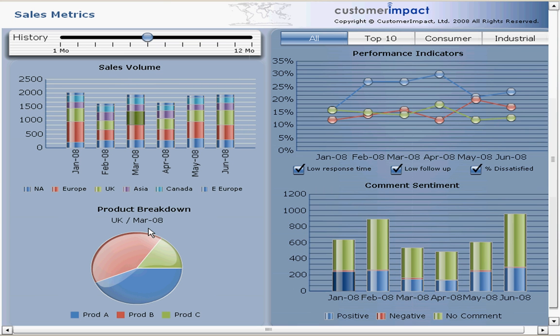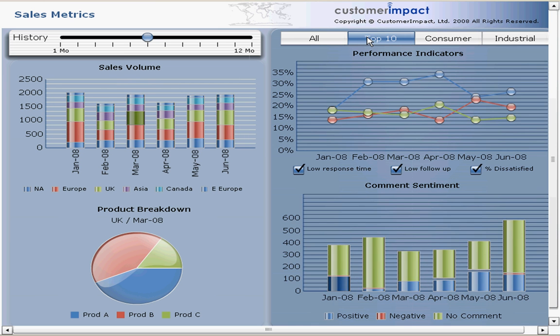Now let's move to the customer segment components of the dashboards. We know how important it is to be able to segment our customers, whether it is based on demographic, psychographic, behavioral, or attitudinal factors such as satisfaction levels. This results in a more granular view of our customers, allowing us to respond to the unique issues and opportunities associated with each. Here we can select to view information for all customers, the top 10, however that is defined by you,